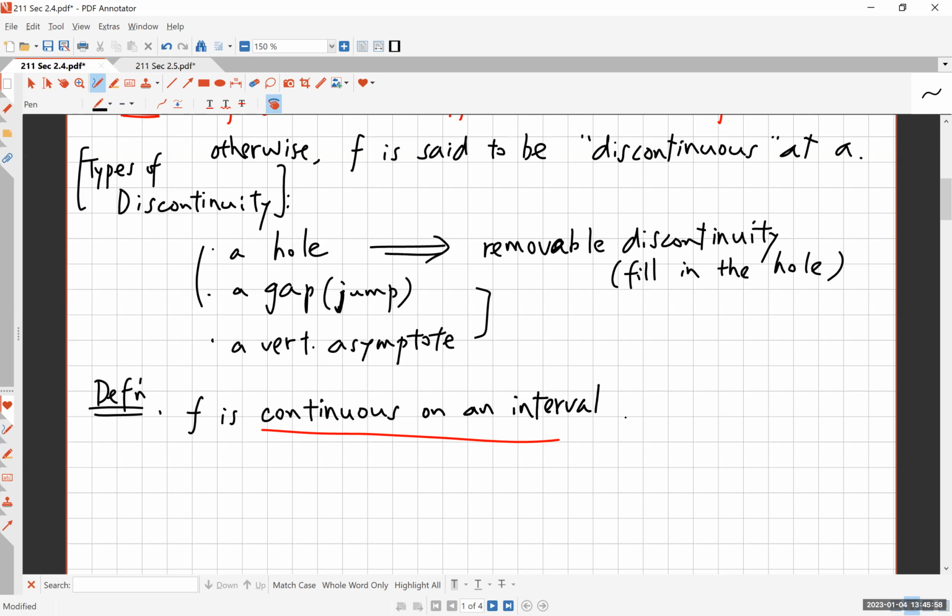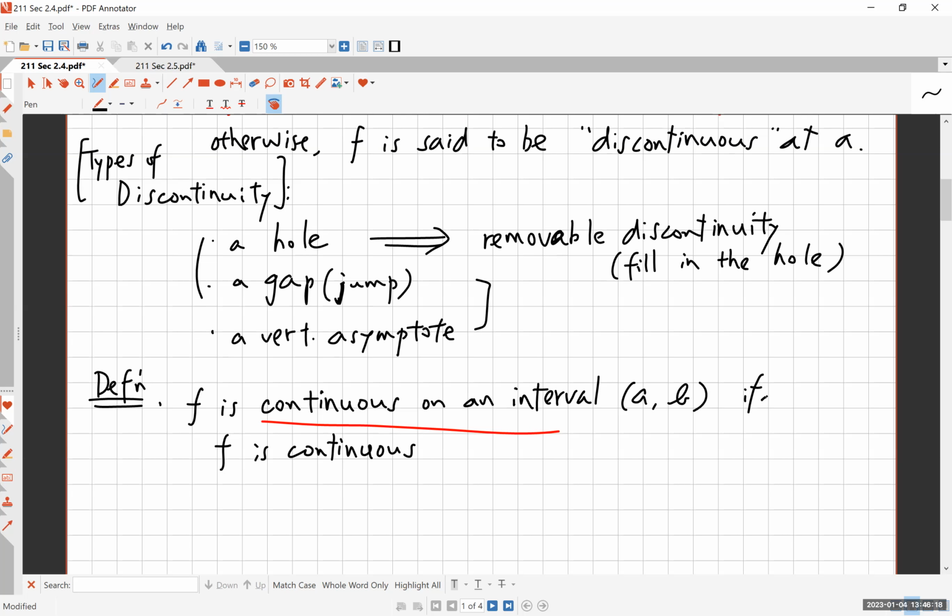Typically, we talk about an open interval (a, b). Now this one's easy. This is continuity over an interval, but it's an easy definition because f is continuous on an entire interval if and only if. Remember, if and only if should be in all of the definitions in mathematics. f is continuous